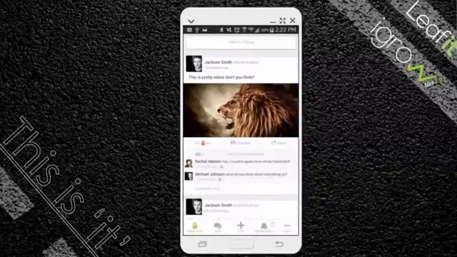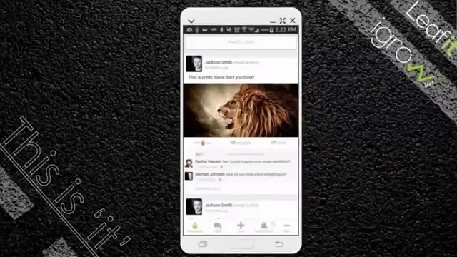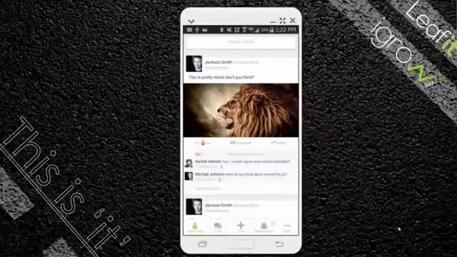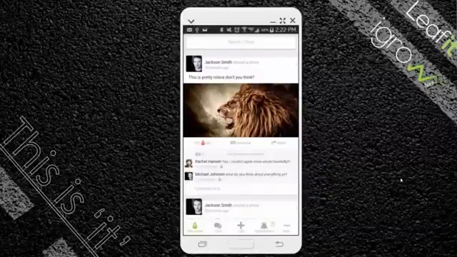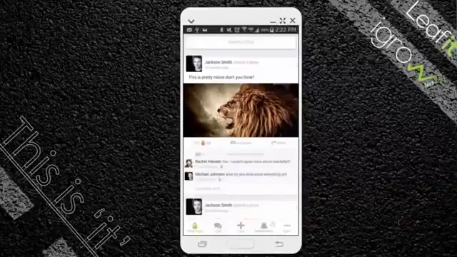Everybody listening right now probably knows one of the biggest things when you use social networking is how many people like that picture. You almost get mad when some people don't like something. You're like, why did nobody like it? And what the hot button is going to do is encourage you to post great content, because now you're really going to want that to get hotter and hotter and hotter.